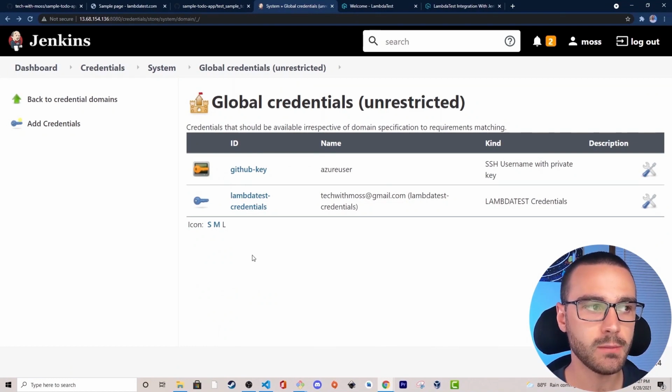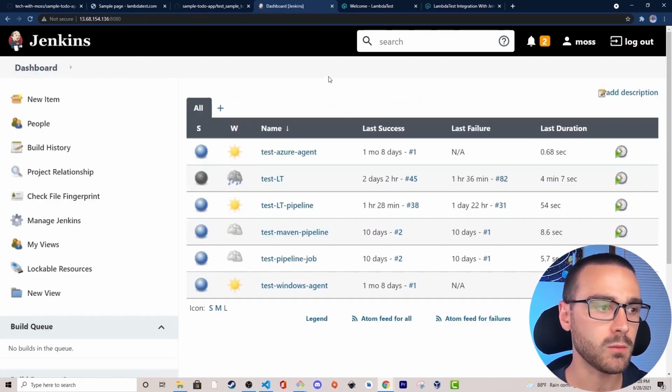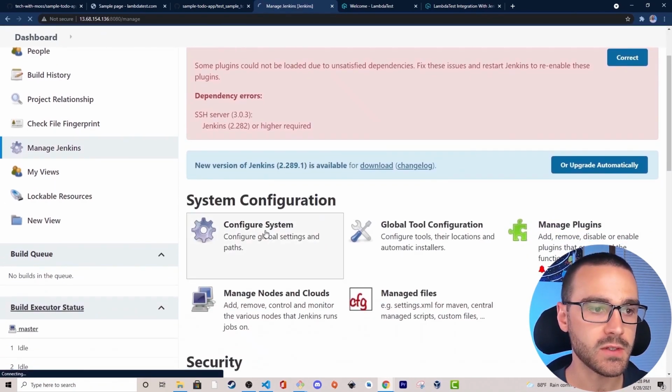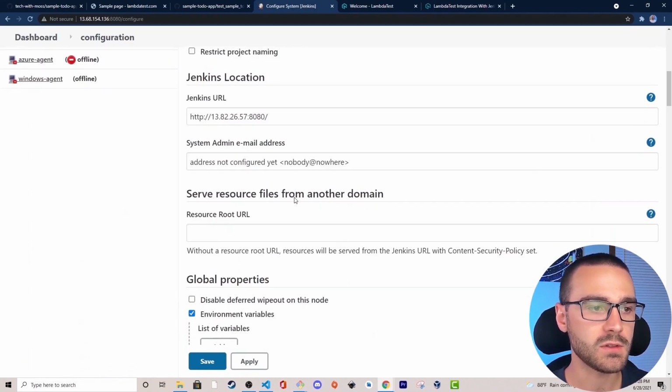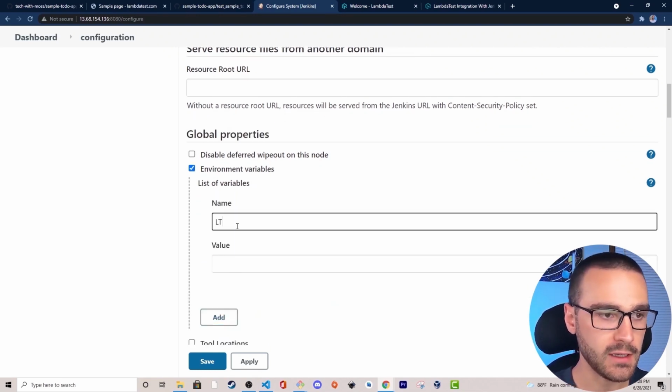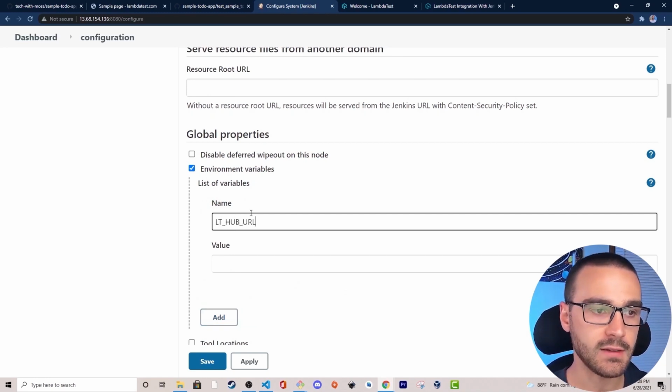Now remember that our test script references an environment variable called LT hub URL, which is the Lambda test hub URL. And this environment variable still needs to be set. So let's go ahead and set that environment variable in Jenkins. If I navigate back to the dashboard and then manage Jenkins, and then scroll down and select configure system, I'm going to scroll down to global properties, and I have environment variables checked, and I'll select add. Okay, and we're going to call it LT hub URL,